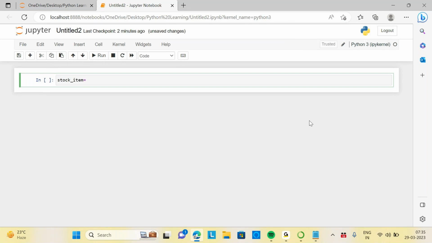Here I want to store multiple items with their stock status, saying whether each is in stock or out of stock. That is the list I want to create. How will I create it? If I ask you now,